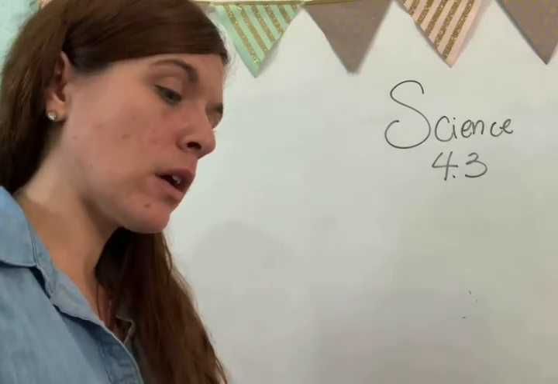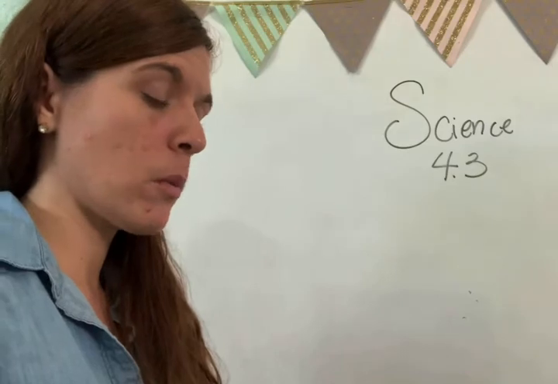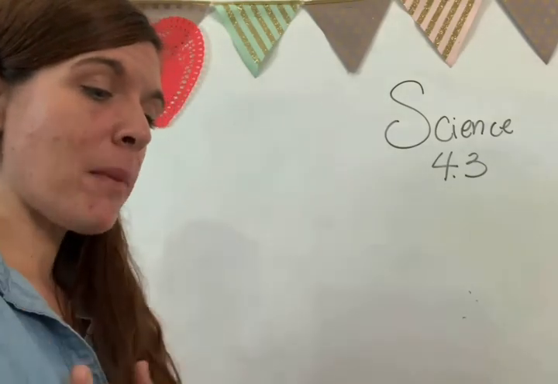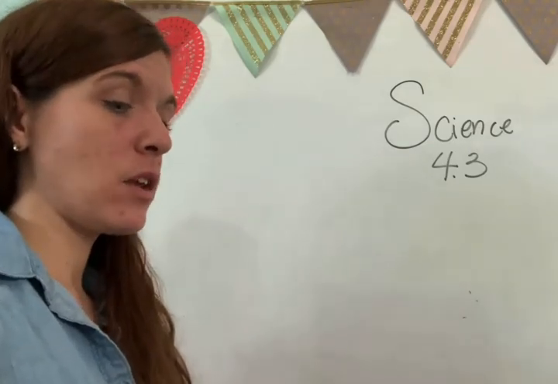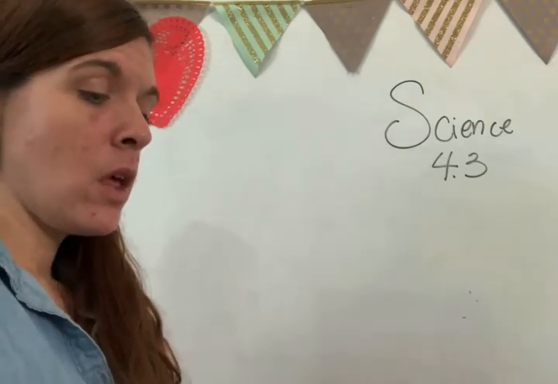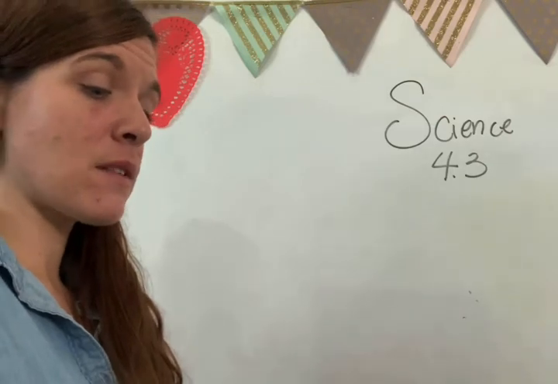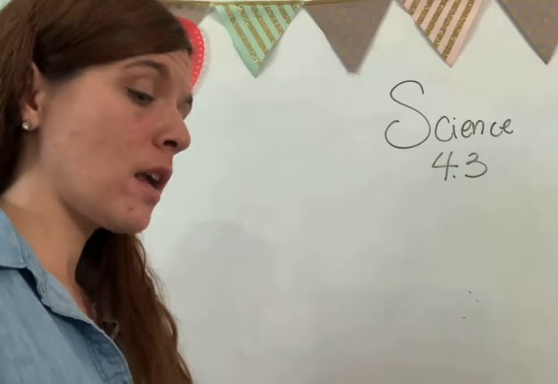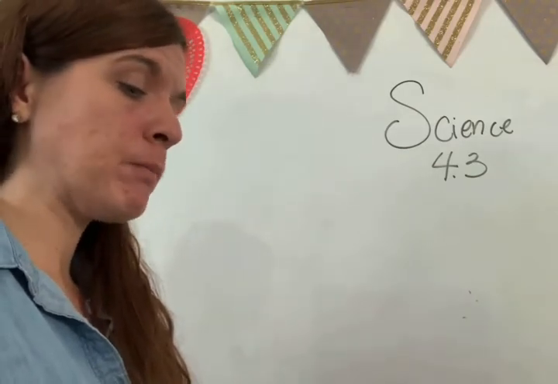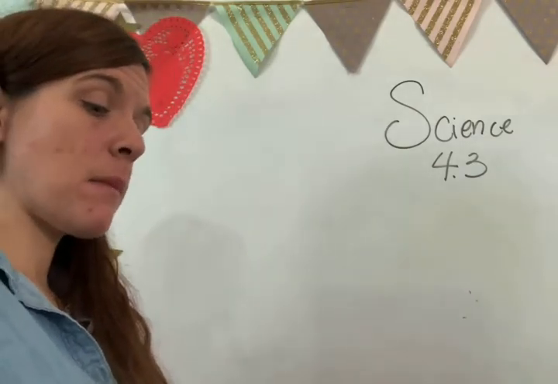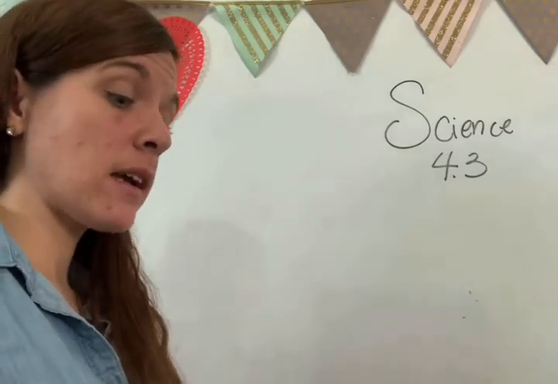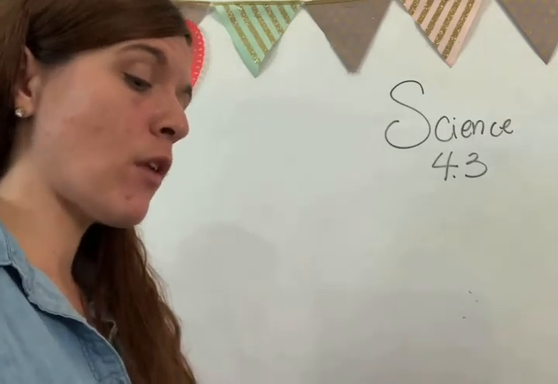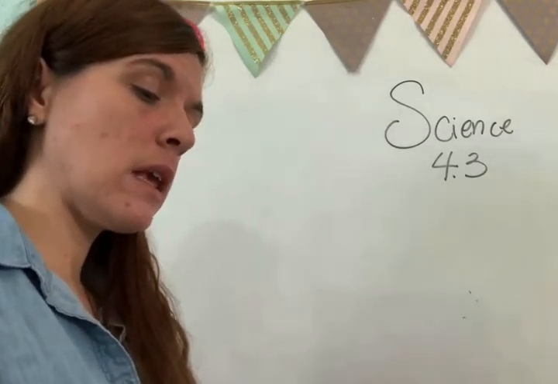Okay, the concept review for 4.2, question number 1 says, what characteristic of a gas is the ability to be squeezed and compacted into smaller containers? The answer is compressibility. Number 2, which law can be stated as follows? If the temperature of a gas remains constant, its volume and pressure are inversely proportional. Remember that when you see that something is constant, that means that's the one thing that's not going to be in the formula. So all you really have to do is go look for the formula that only involves pressure and volume, and that one is going to be